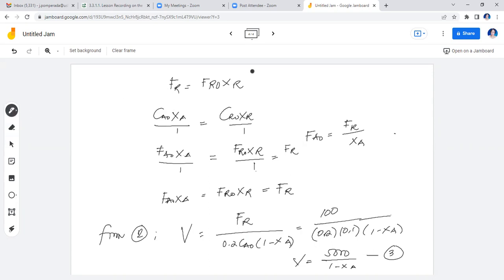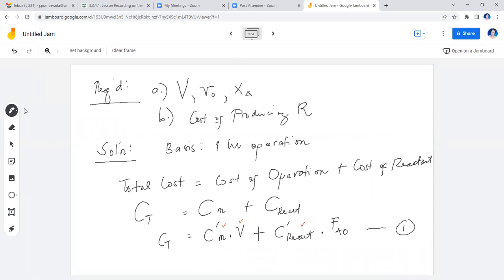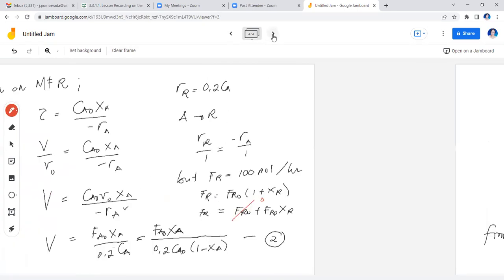Okay, let's first substitute if there are values that we can place in here. Your F sub R is known to be, so I'll place here FAO is equal to 100 divided by XA. So this is equation 4. F sub R, 100 over XA. Now you have a V in terms of XA, you have an FAO in terms of XA. So we substitute 3 and 4 to equation 1. Okay, so we have now FAO known. So substituting to equation 1,